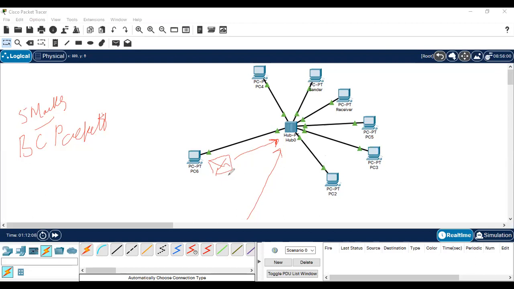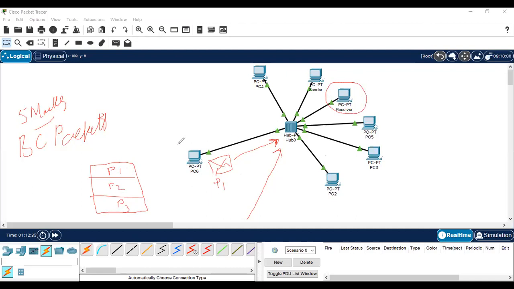Please try to understand this. Now suppose I have a message that I want to send, and in that I'm talking about packet 1, packet 2, and all these things. But currently we are dealing with packet 1. So this is your P1, which I want to reach the receiver.